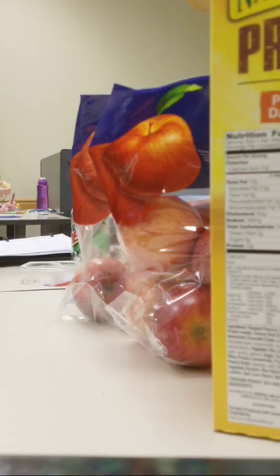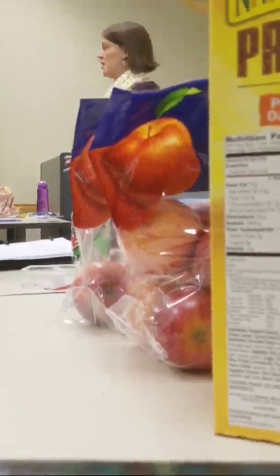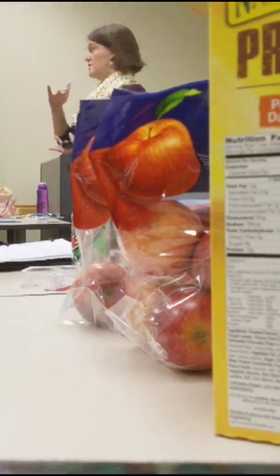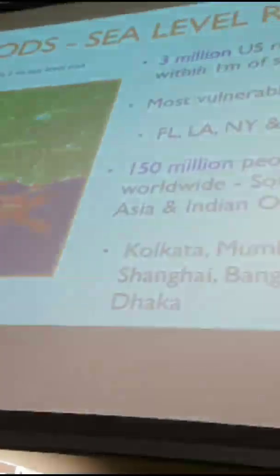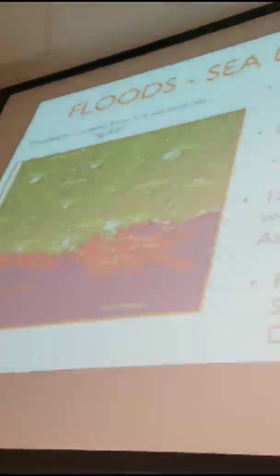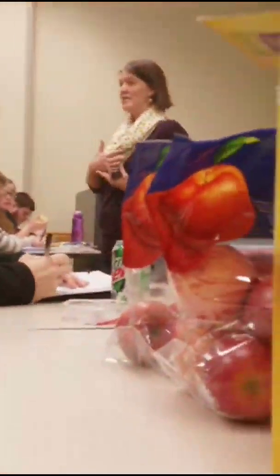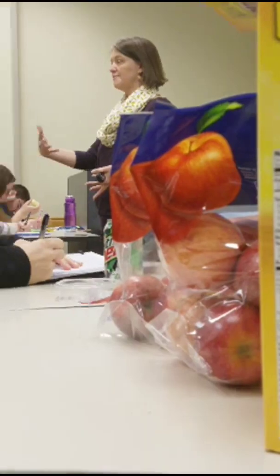150 million people worldwide, mostly in Southeast Asia and along the Indian Ocean, are right at sea level today. And so any amount of increase in sea level puts those types of locations in danger. And again, that country of Bangladesh, which is a floodplain now, experiences seasonal flooding regularly to their own detriment. That country is like southern Louisiana. It's going to be wiped off the map by this amount of sea level rise.